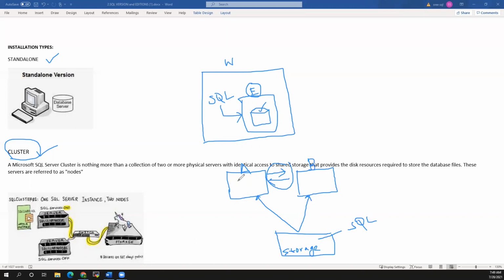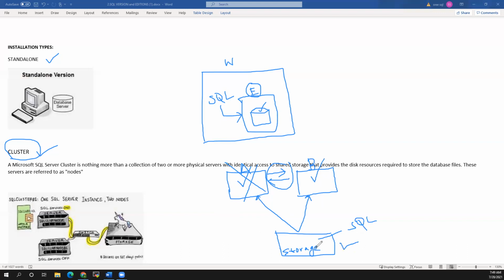So we installed SQL Server on A and we installed SQL Server on B. From A, it will connect to this storage, and from B, it will connect to this storage. If something goes wrong with server A, there won't be any problem, because our SQL Server database files reside on the storage.